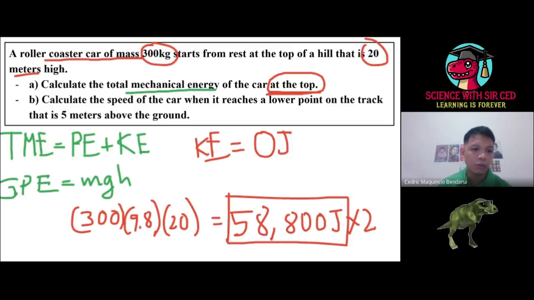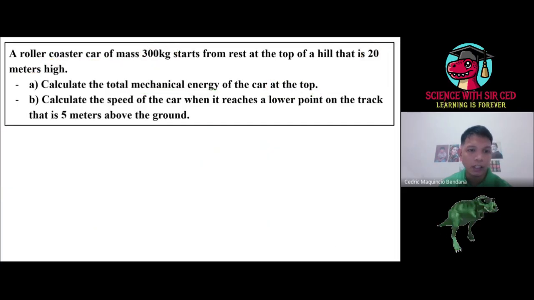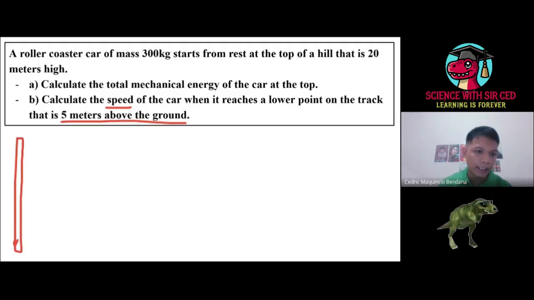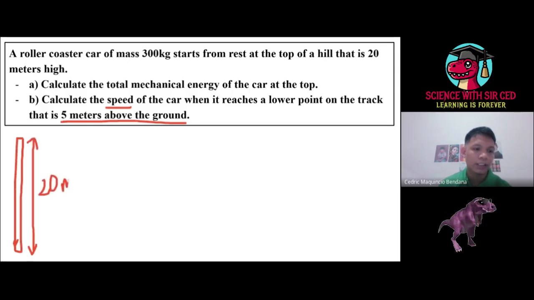Now, let's go to letter B. Letter B is very tricky. Look at this: calculate the speed of the car when it reaches the lower point of the track 5 meters before the ground. For example, I'm going to make it a straight line. From here going here, that is 20 meters. So the roller coaster moved from the top